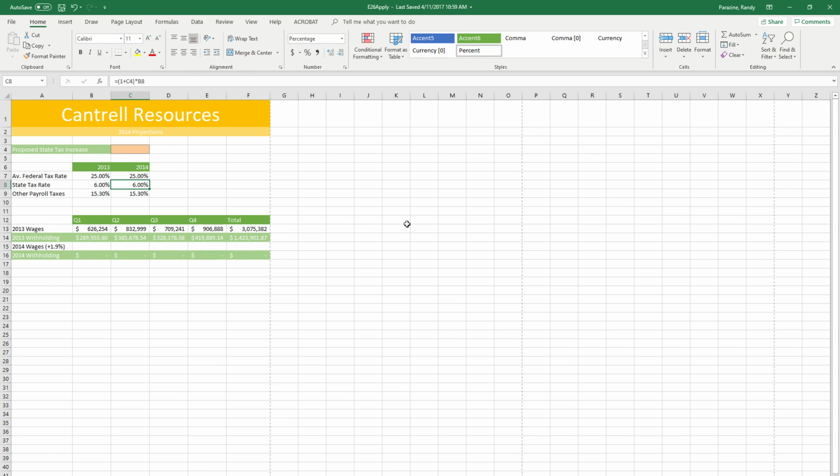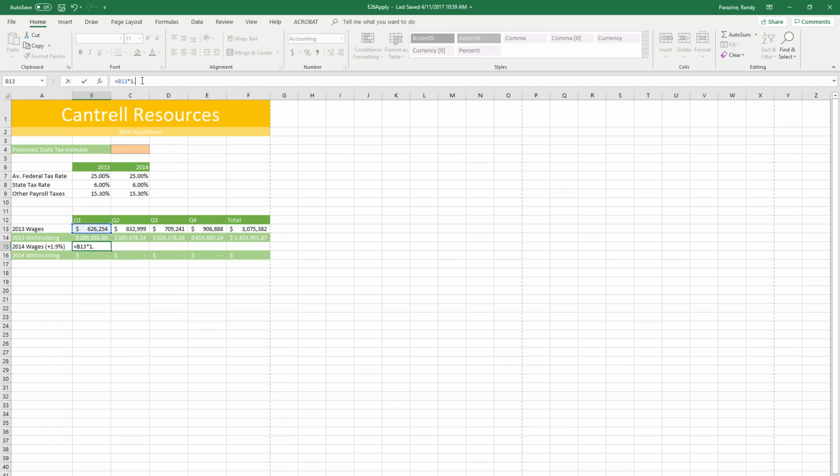Step 5 says in cell B15, so click in cell B15, which is this blank one, and we are going to create a formula that increases the wages in cell B13 times 1.9%. So I'm going to click up here in the formula bar. First thing I have to do is type equals. That means it's going to now be a formula, and we're referencing cell B13, so I'm going to click B13 and it automatically puts that in there for me. And I'm multiplying it times, so I'm going to put the asterisk,